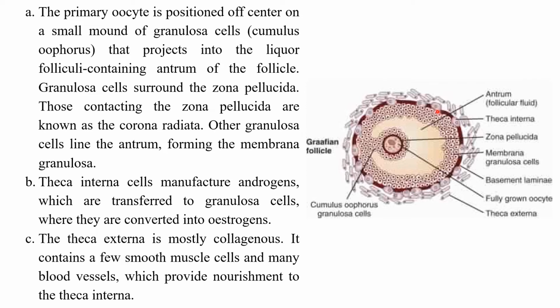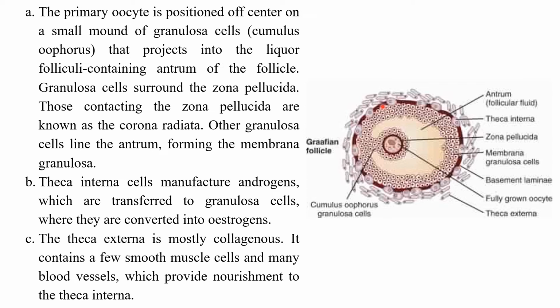You can see some brown colored cells here. They manufacture androgens which are transferred to granulosa cells where they are converted into estrogens. So the theca interna as well as the granulosa cells are very important for the process of production and secretion